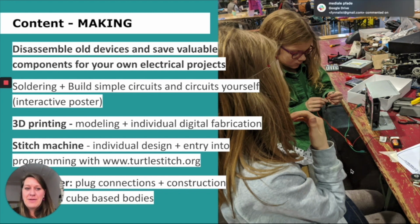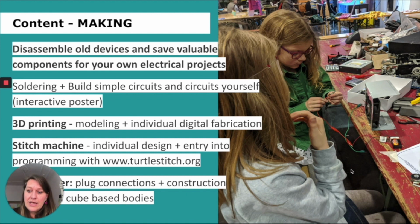The children came in and they actually soldered and built simple electric circuits and even added a switch. So we combined making their ideas heard with the actual teaching of the soldering technique. The next class was all about 3D printing, trying to figure out how to actually fabricate a piece that might be missing somewhere in a computer and then print it out in a 3D printer and check out how this